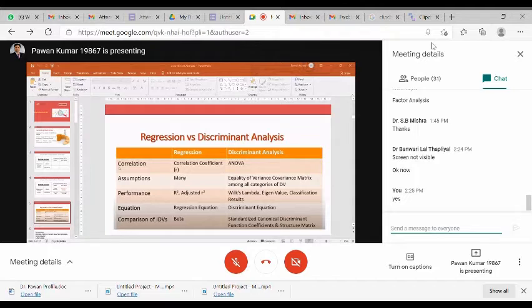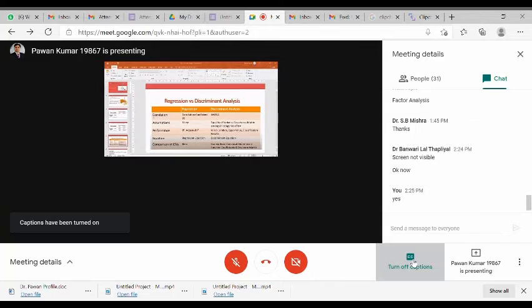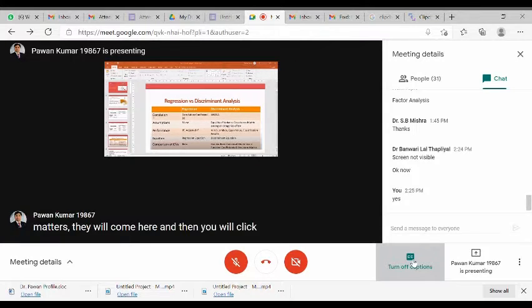This is the first window which is going to open, where I am going to put the grouping variable. Grouping variable means your factor variable, your categorical variable. Like for example, in this State Bank of India example, I am going to discriminate the high risk customer and the low risk customer. So high risk and low risk would come under the grouping variable. And your independents are all your metric data, that is age, monthly income, number of years of marriage; they will come here. And then you will click on the statistics.